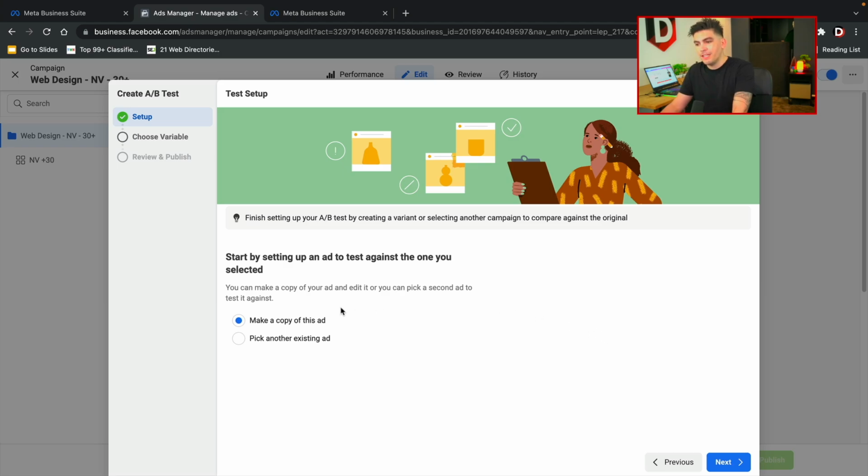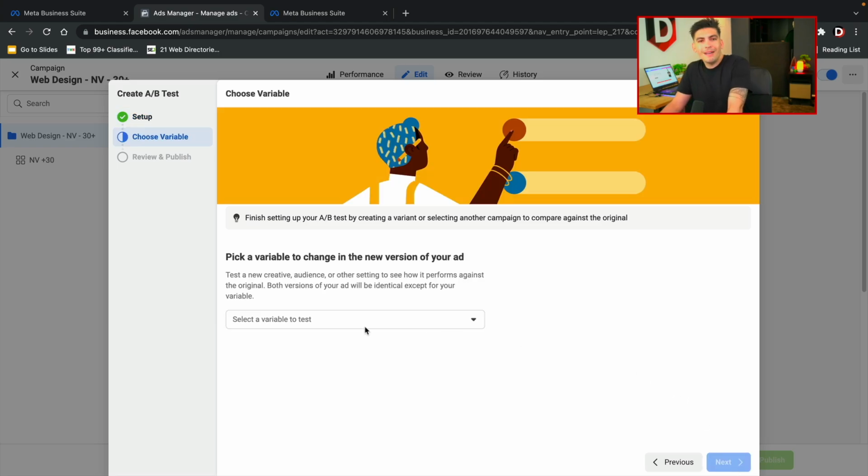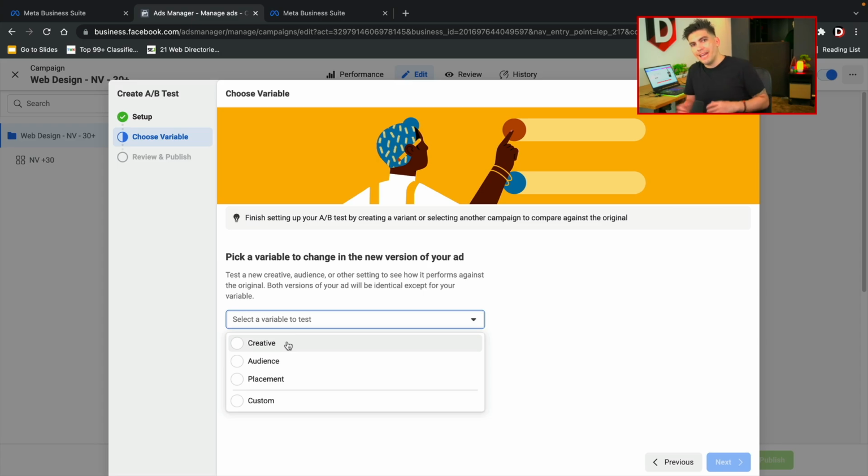Now, the first thing I want to do is make a copy of this same ad, right? Let's just first make a copy and click on next. Now, what do I want to test? So basically, I made the ad, right? But I have the second ad that is identical. What do I want to change in this, right? You know, the second one. Well, I maybe want to create a different version of the video, right? So we have one video, but I don't really know if that video is really effective, right?